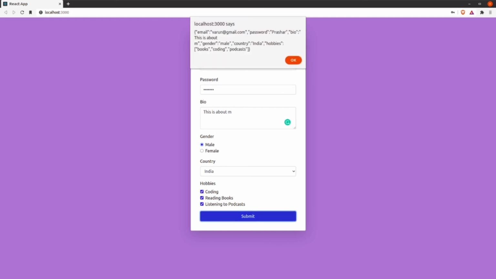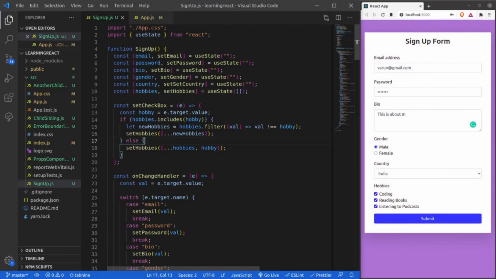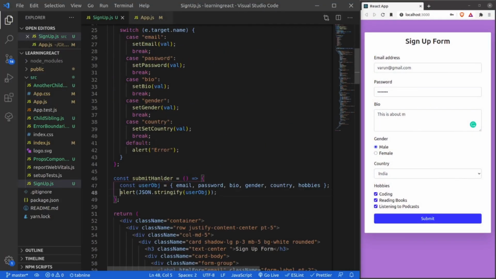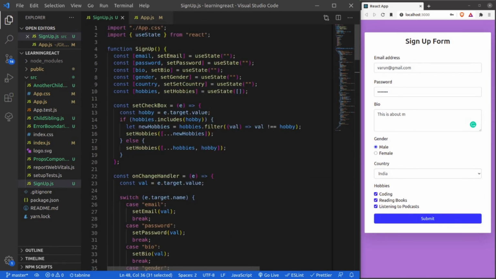So let's see it again. So everything is here. So what else we can do is, on submit, we can make our API hit, and via a REST API, we can submit our form information to the user database. All right. Apart from that, this was the bare minimum sign up form that we can have in our React application. Obviously, there are many issues in this form at this moment.